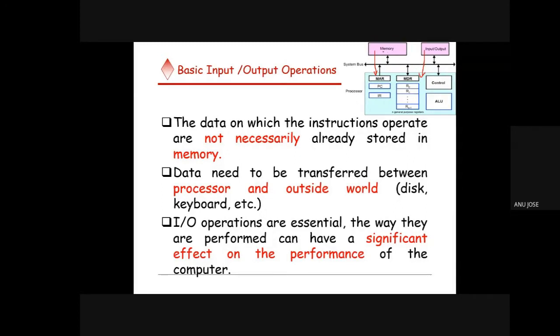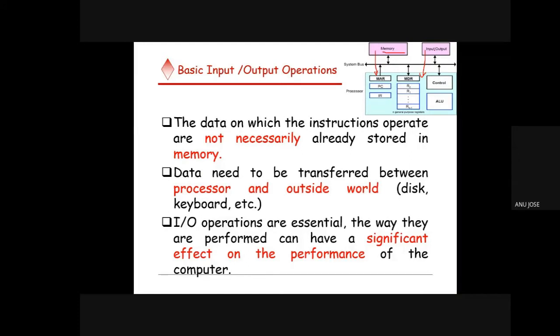So it is not always mandatory that your data should be either in the processor register or in the memory. Instead, it may be coming from the input device. So at that time, what is the problem? Already we have discussed that input devices or output devices will be very slow compared to the processor speed. So there will be a mismatch in the data transfer rate. So there is a need for synchronizing this input device with the processor speed.